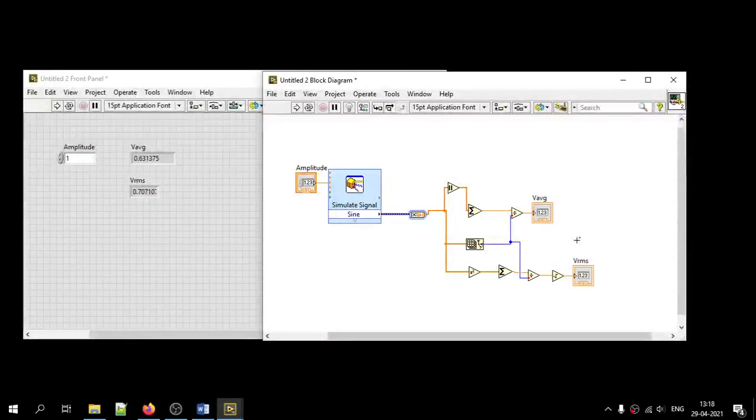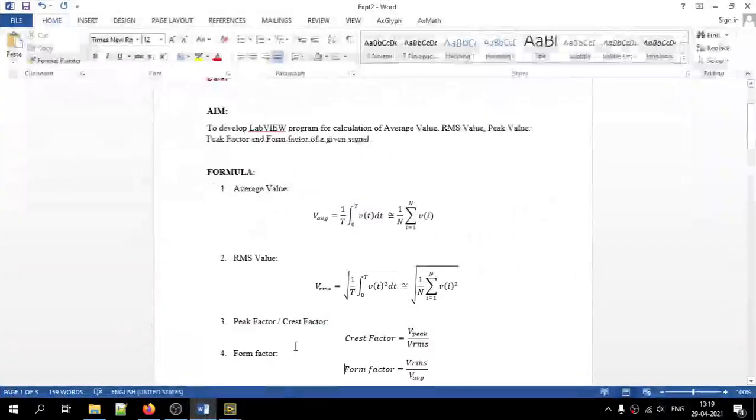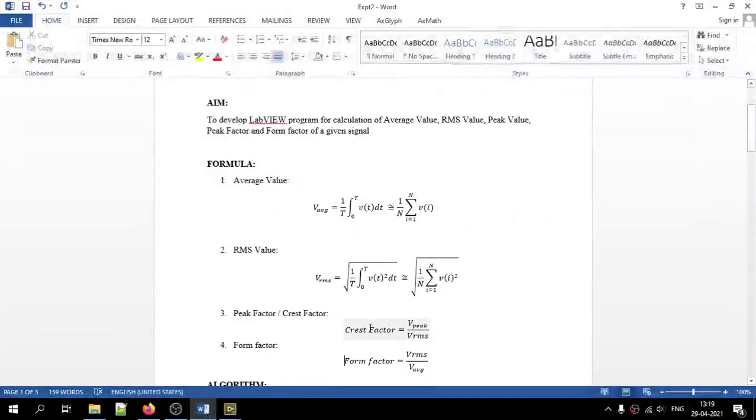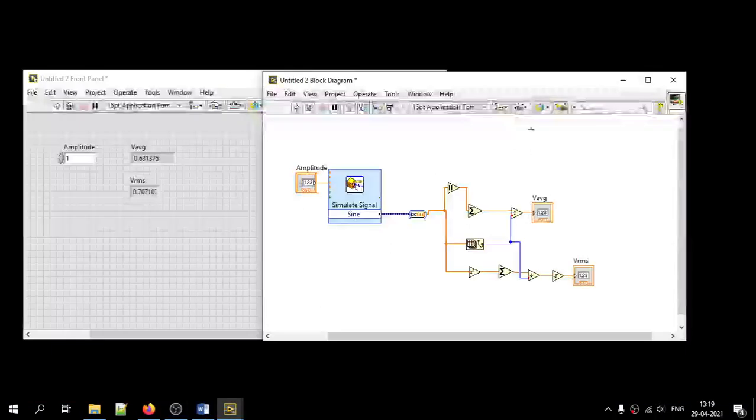Next thing is the peak factor. It is also called the crest factor. Crest factor or peak factor is equal to V peak divided by V RMS. If the signal does not have any offset, the maximum value is the peak value.